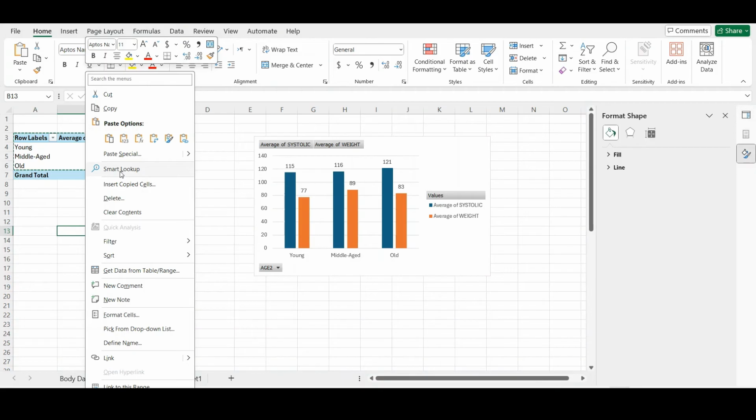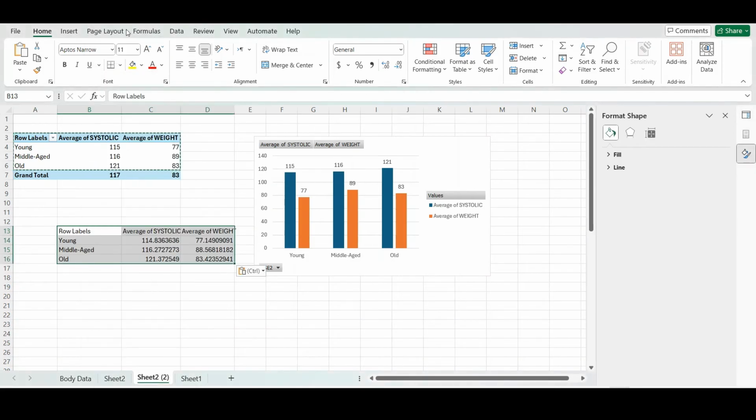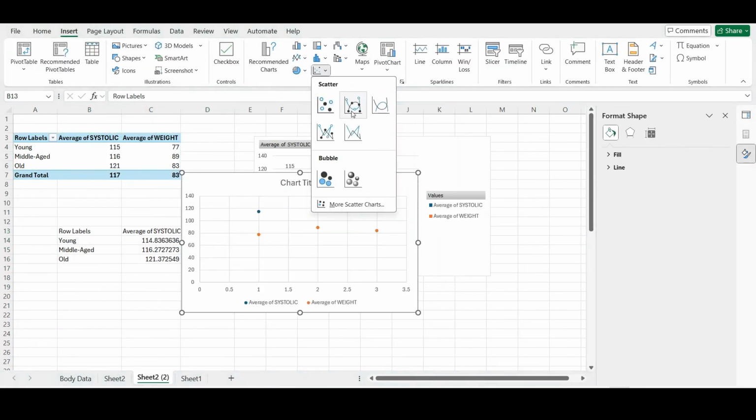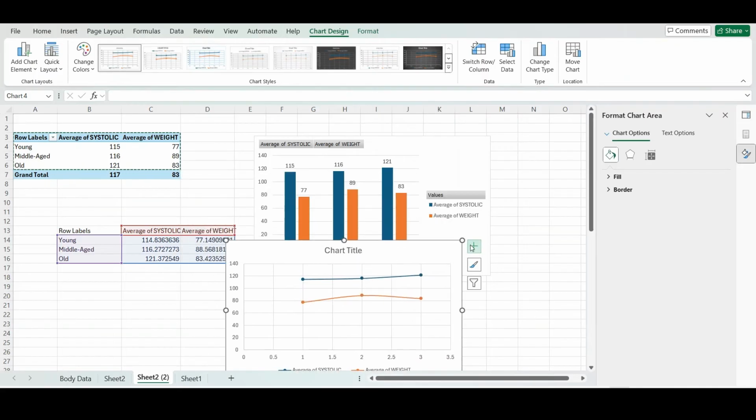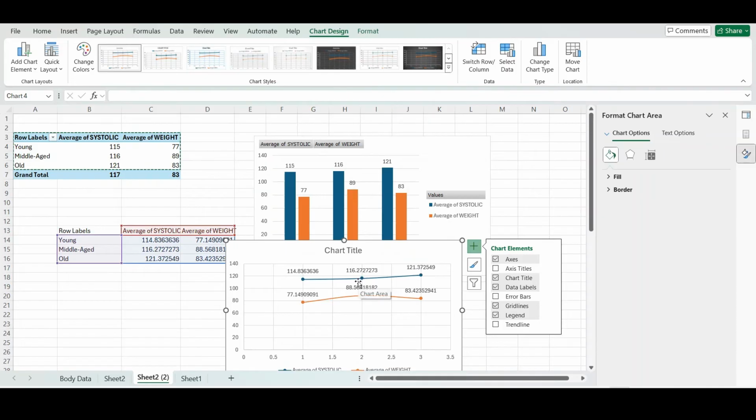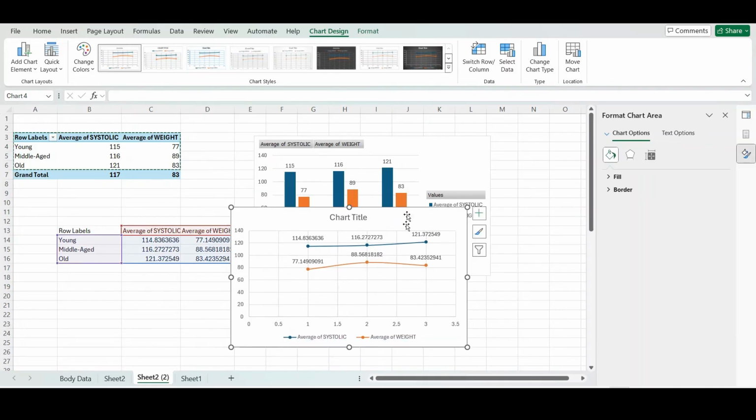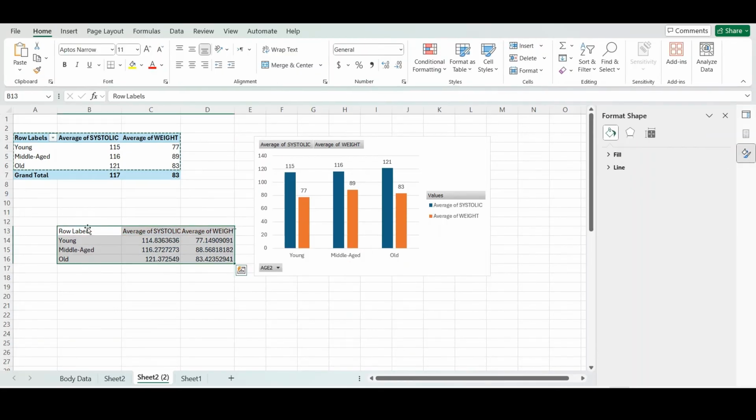If you want to show it as a scatter plot, then you can construct it like this one, and then you can show the data labels, right? This is the scatter plot for the average of weight and average of systolic blood pressure. Okay, and then